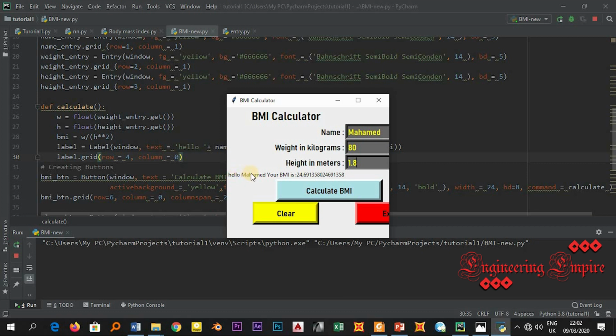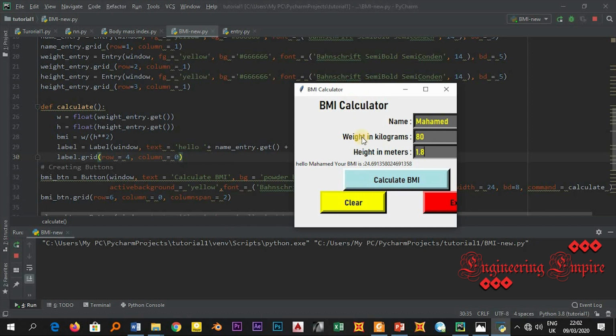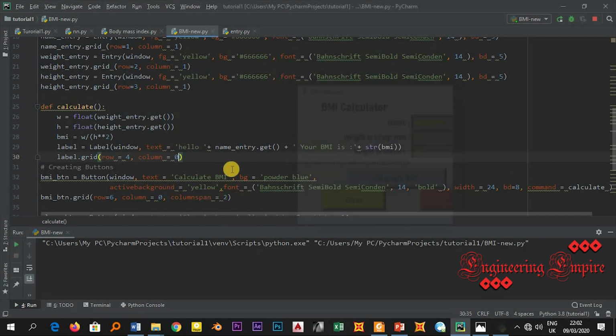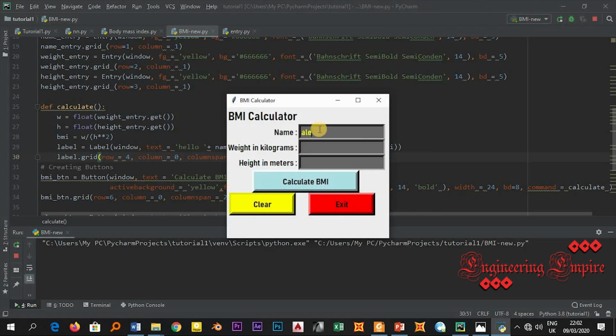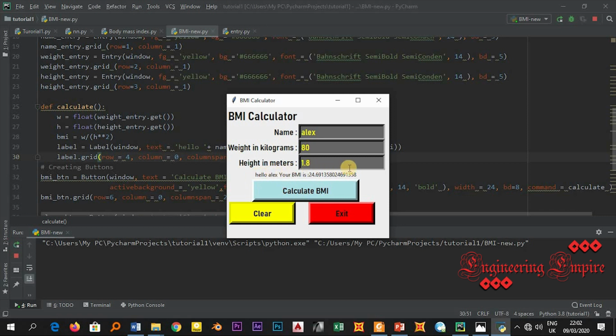Oh, you see that it is appearing only on column 0 here because it's column 0. Now let me give it a span. Column span equals 2. Now let me run it. Let me give it a name here, Alex. Let it be 80 and 1.8. Now when I run it, it shows me at the center because the span is row 0, column 0 and